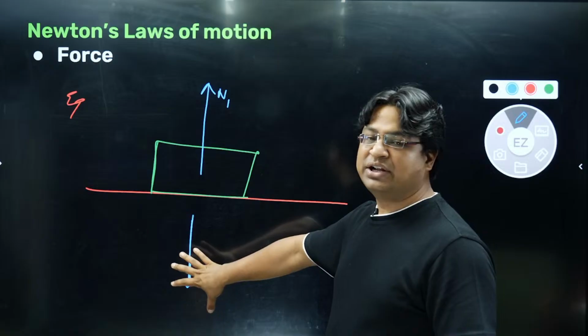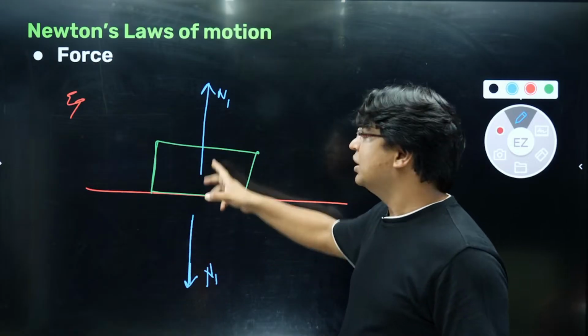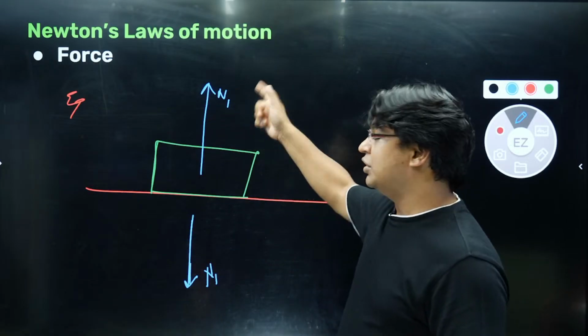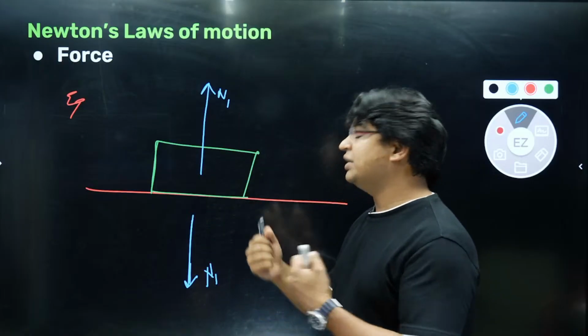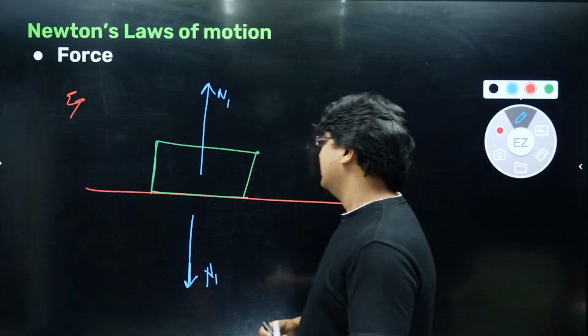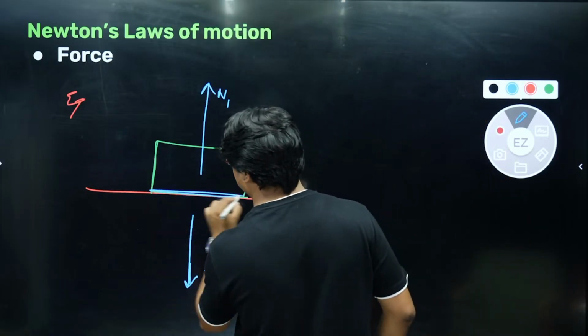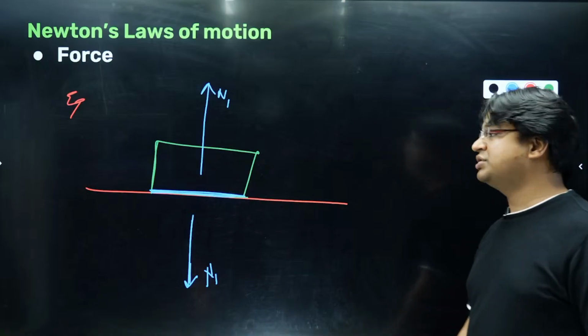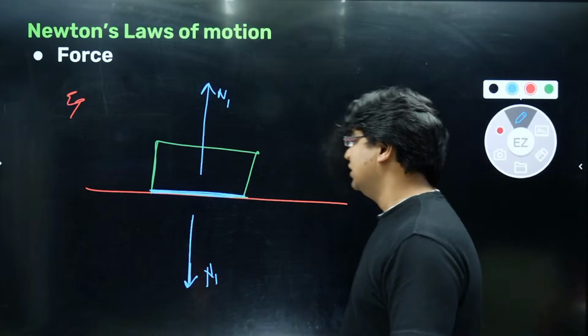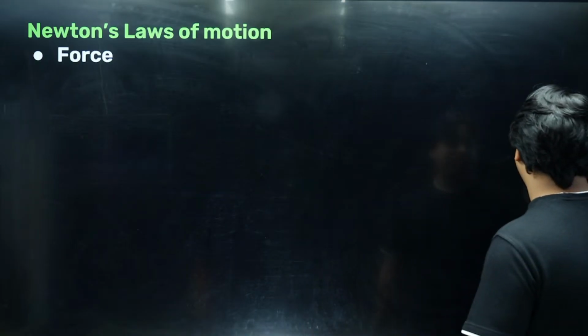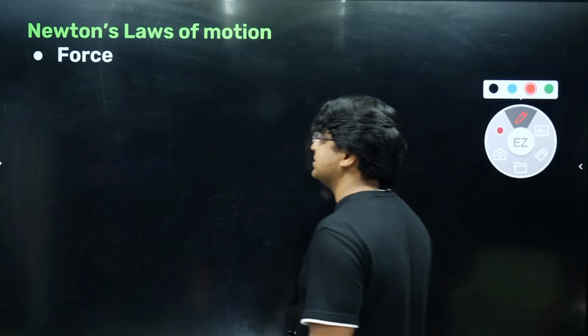These are the normal forces that they will exert on each other. This one indicates the normal force on the table by the block, and this arrow indicates the normal force on the block by the table. See how they are trying to push away each other. Why did I draw a vertical arrow? Because the common contact was horizontal, so the normal force needs to act perpendicular to the common contact area. Let me take another example which will probably highlight things better.